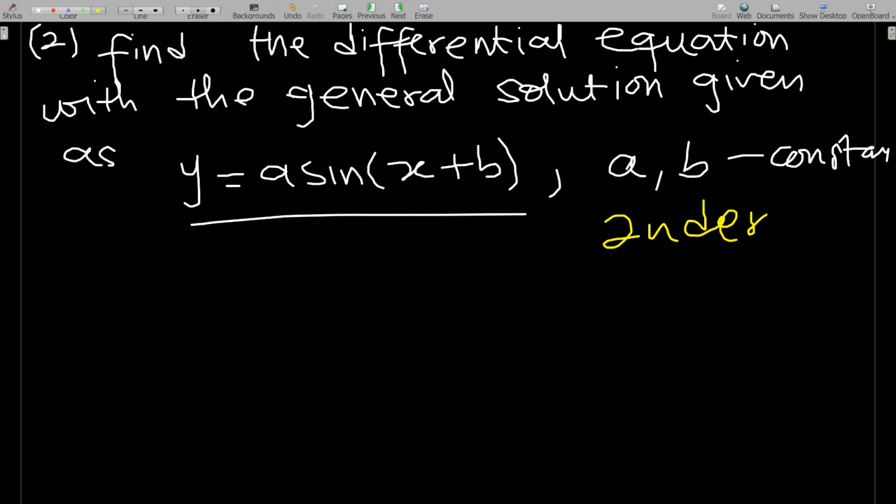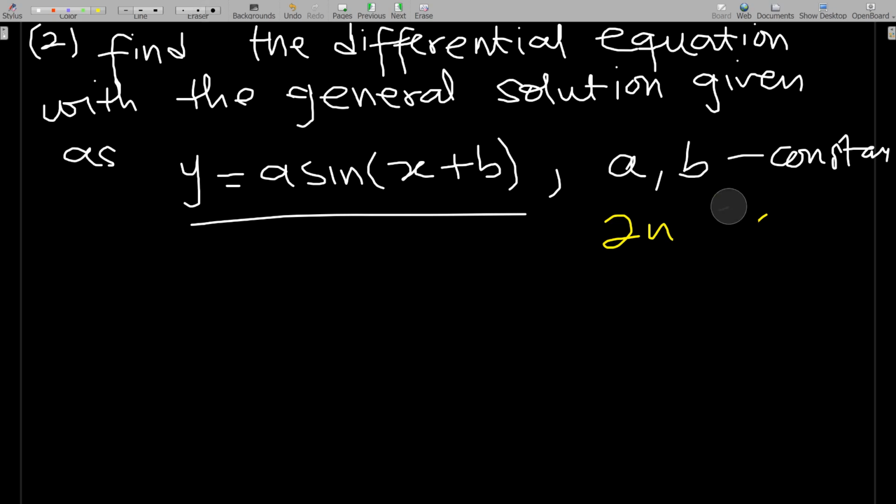The whole idea behind this is that you are trying to eliminate the constants. That is all. The question can be "eliminate the constants a and b" without necessarily asking you to find a differential equation. Then what you are supposed to do is simply find a differential equation. Since we need a second order differential equation,